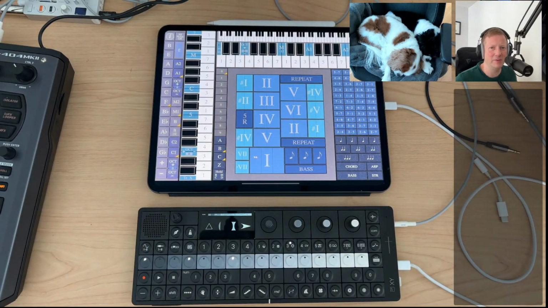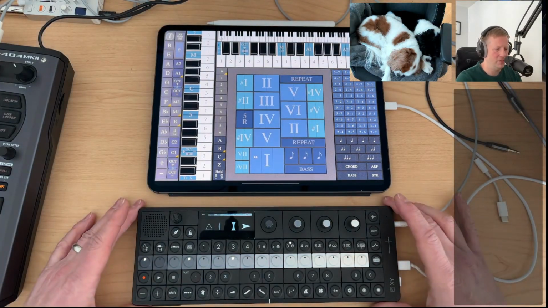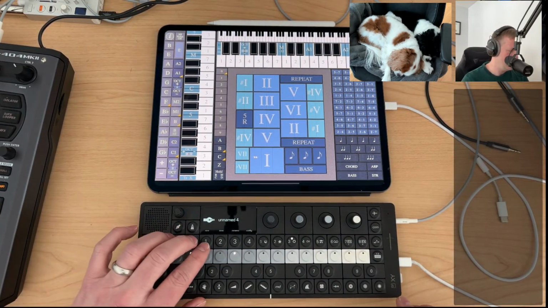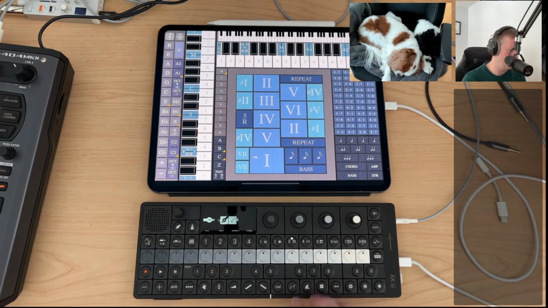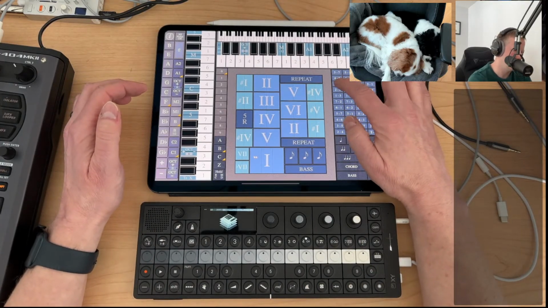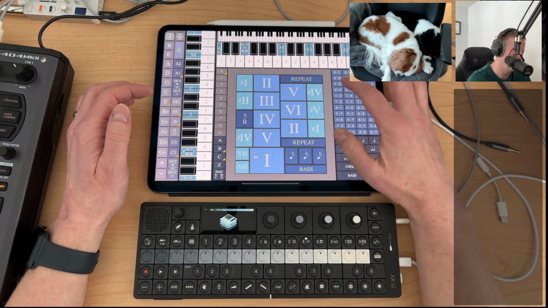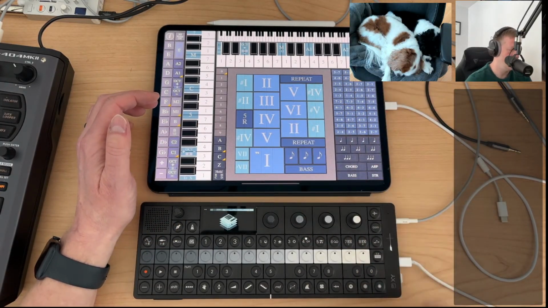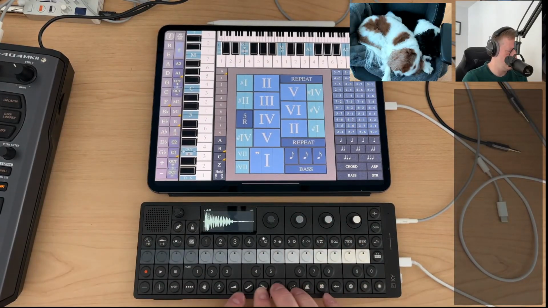Figured I'd goof around with OPXY again. And was just doing a video on ChordMaps2 and thought it would be a fun little thing to mess with and see what we come up with. So let's go new. We'll clear this out and I got the MIDI set up, so we can try and